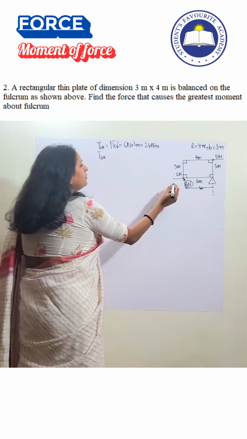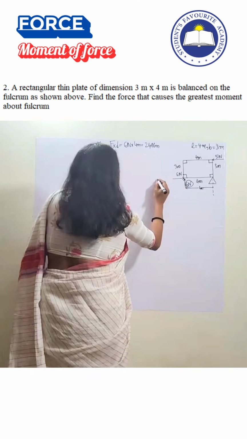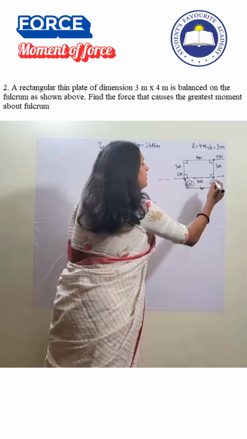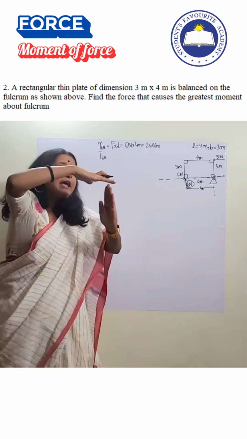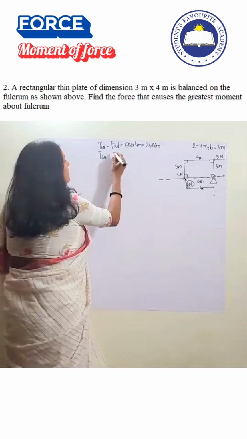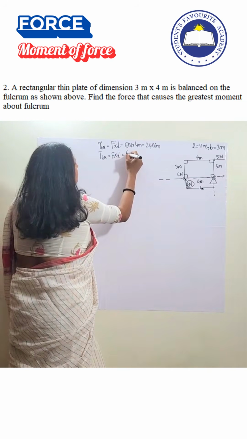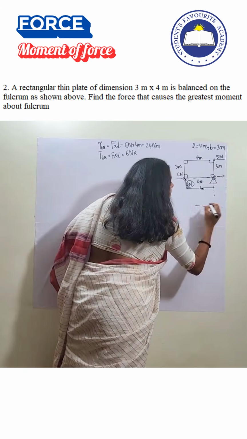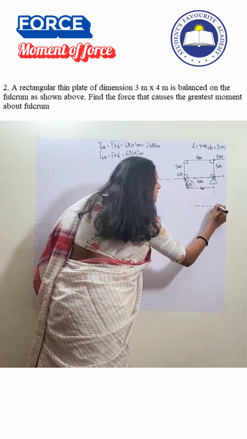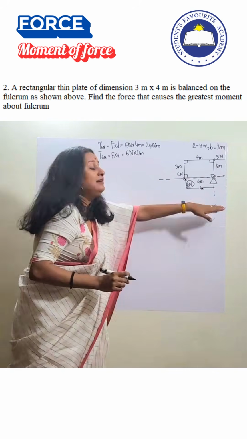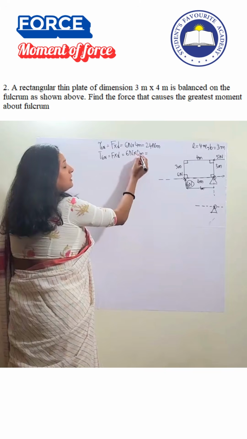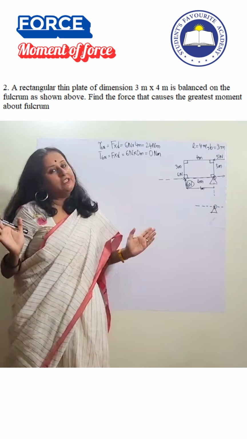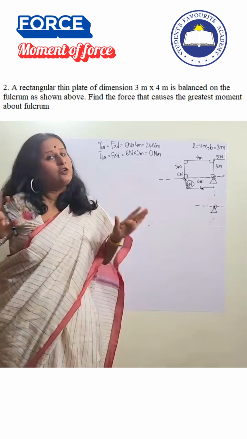Torque due to the other 6 Newton, which is this. Now this is critical. Here you have to draw the line of action. This is your line of action. It is passing right over the pivot. So the distance between this pivot and the line of action, they are coincidental. So that means even this is F into D. This will be 6 Newton into what is the perpendicular distance between the pivot and the line of action? What is it? It's 0. Right over this. So there is no perpendicular distance between the pivot and the line of action. So it's 0 meter. 0 meter into 6 Newton, that will be 0 Newton meter. Ineffective force for causing rotational motion. Force is definitely working, but it will not cause any rotational motion.